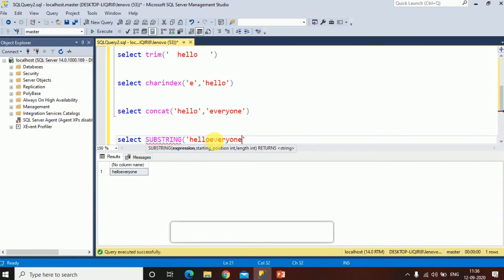So the expression is this string, and I want characters returned from it. If I specify the start position as 2 and the number of characters as 2, it will return two characters starting from position 2. So it will return E and L. Let's run this query. You can see it returns E and L. Suppose I specify the position as 3, it will return double L. So in this way, the SUBSTRING function works in SQL.